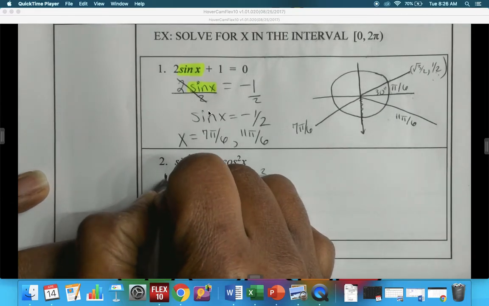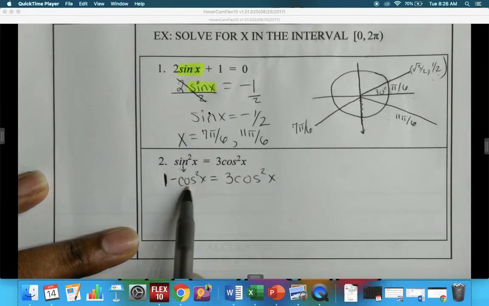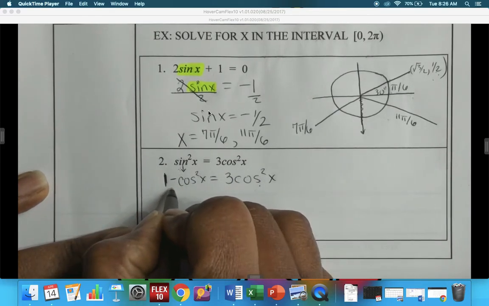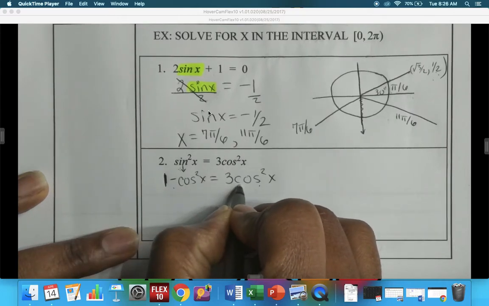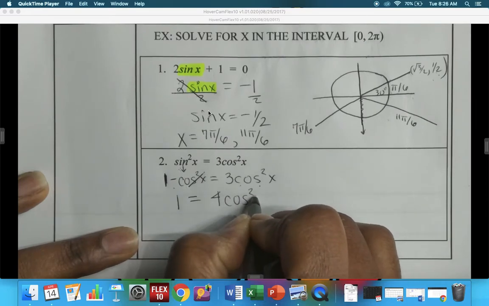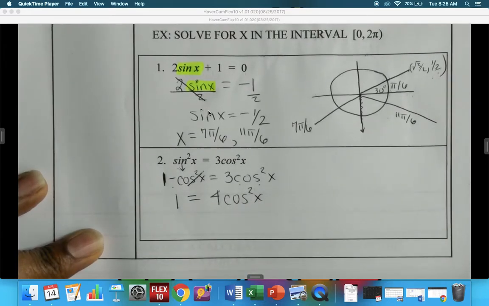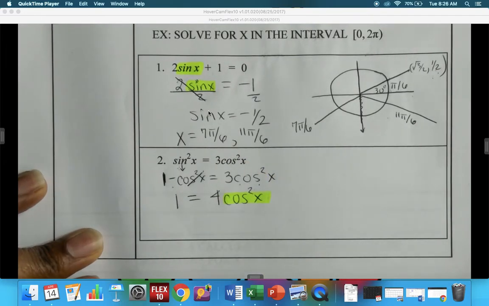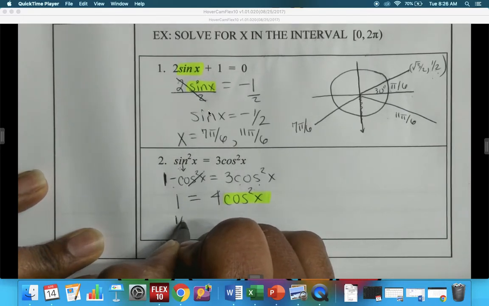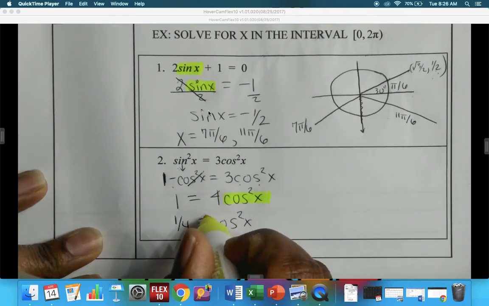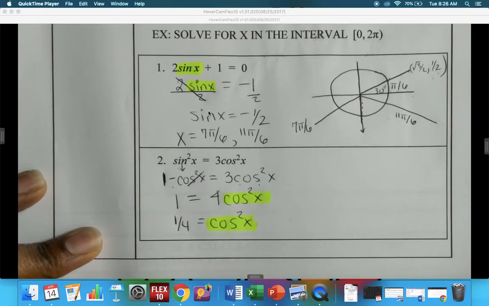Okay. So now I can say, well, I have cosine squared, I have cosine squared. Let's put all the cosine squareds to one side to isolate. So I'm going to add cosine squared here, add it here. So I end up with 1 equaling 4 cos squared x. And again, I'm trying to isolate my cosine. Right now it's cosine squared, but I'm trying to isolate my cosine. So when I divide both sides by 4, I get 1/4 equals cos squared, which is almost good, except for the fact that